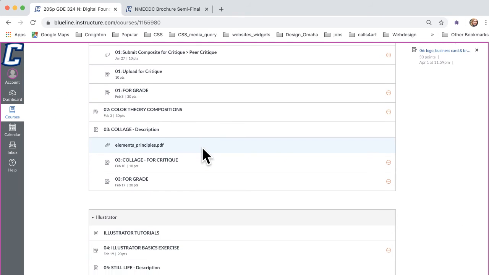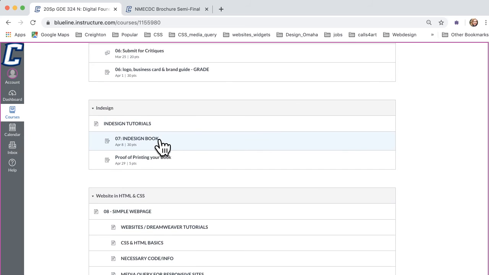And then for the actual, let's go down here. The InDesign book never had a critique, so that one is simply a submission. However, if you're stuck or you want critique on it beforehand, you're certainly welcome to send me a PDF. If you run into technical questions, you might also need to send me your InDesign file. And the proof of printing your book is just at the very end of the semester. And this time, where I realize money might be an issue more than ever, if it's impossible for you to do it, just let me know, and I'll do adjustments as needed.